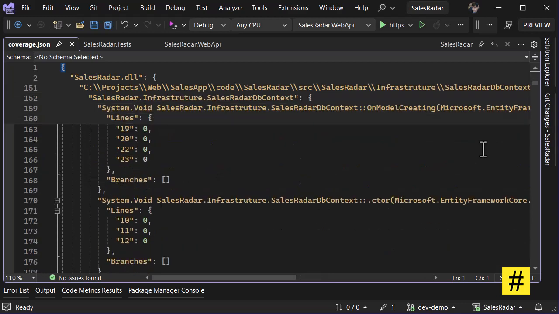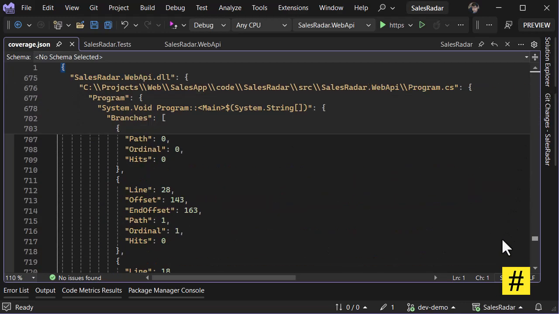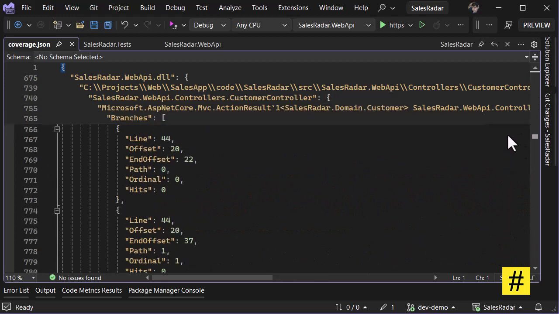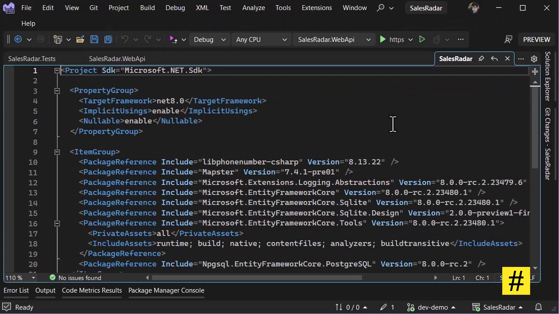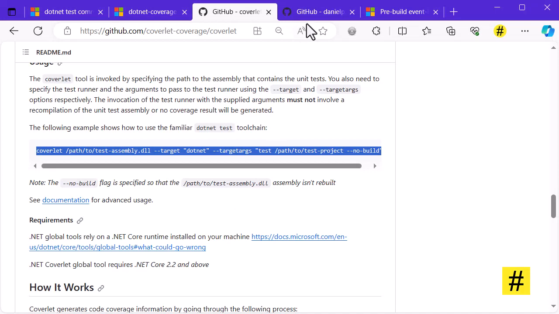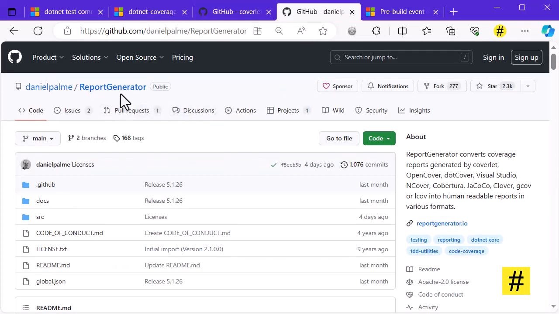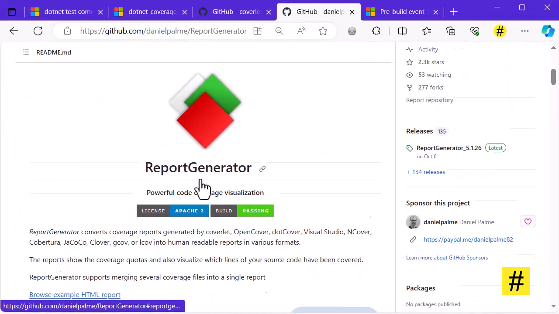But reading this file is very difficult. It's very long and too much information in here. We need a tool to convert this information into readable results, and to do so, let's use report generator, which